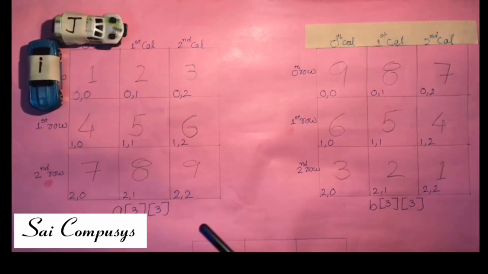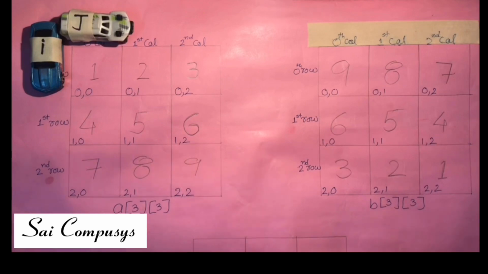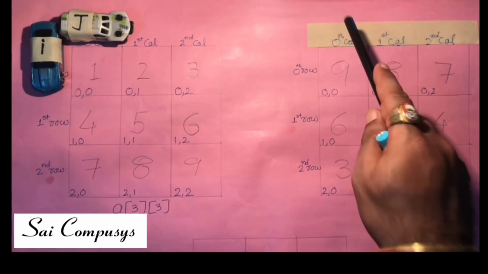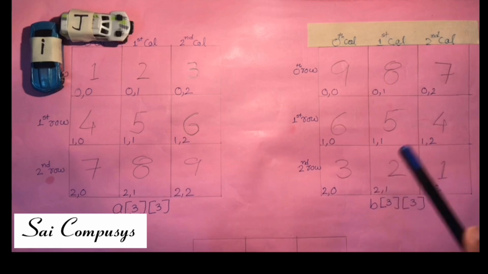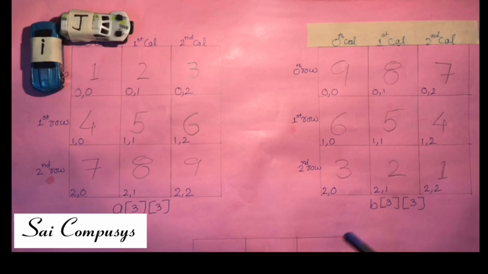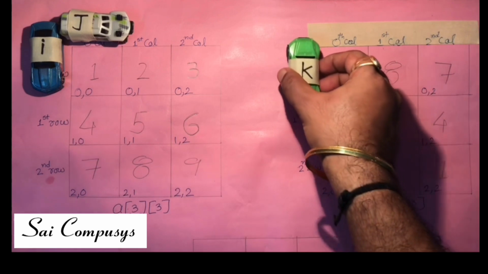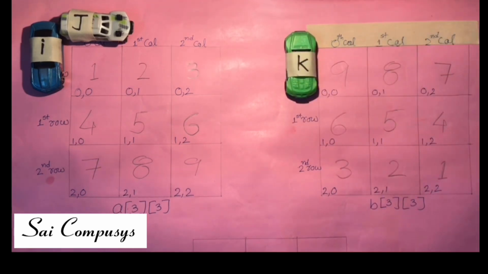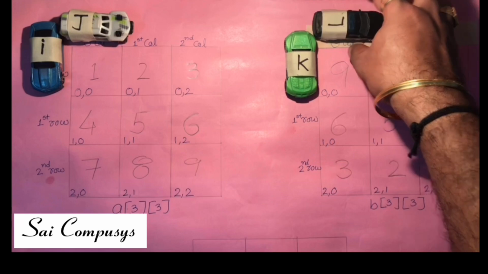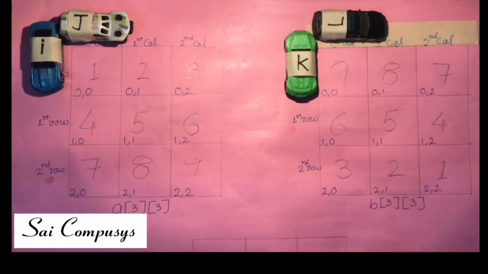Now if I define i j for matrix A for accessing the elements of matrix A, and I define the same i j for matrix B, it will always give me the corresponding elements. But I don't wish to only multiply the corresponding elements. So what I should be doing is this. For matrix B, I should be using another set of variables, k and l. So matrix A will be referred with i j, matrix B will be referred with k l while multiplying the two matrices.